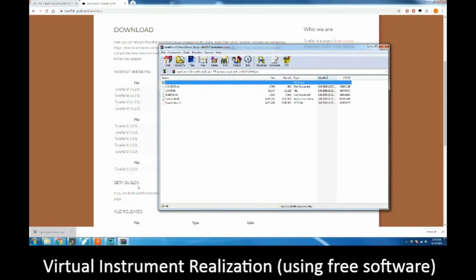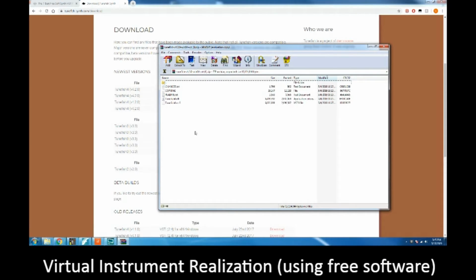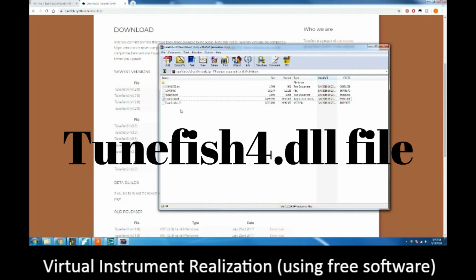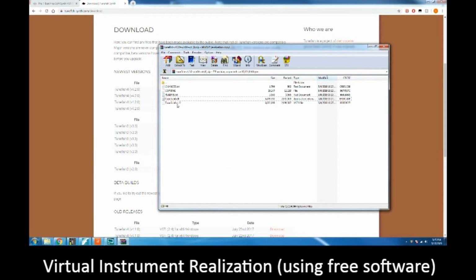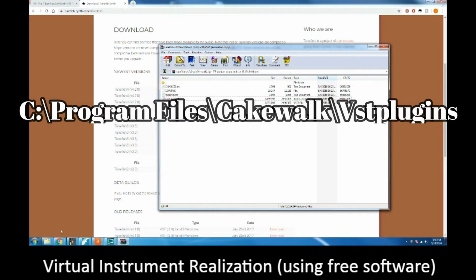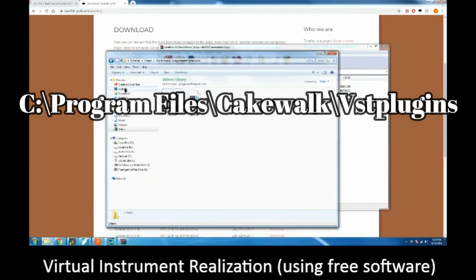What you have to do, this is where it gets a little tricky. Just pay attention to this step. You need this DLL file. See this one? It says tunefish4.dll. You need to take that file and put it in your VST folder. So if you have installed Cakewalk, which you should do first, install Cakewalk, you want to navigate to the folder,